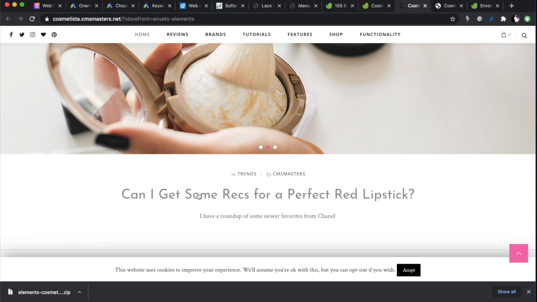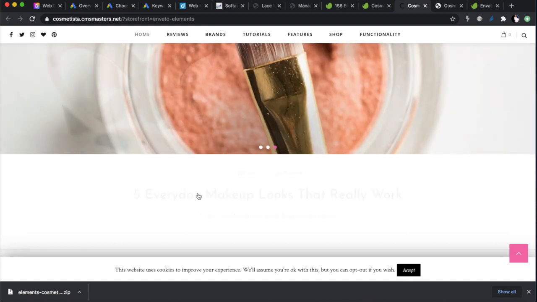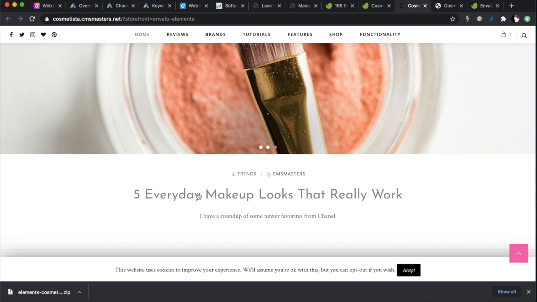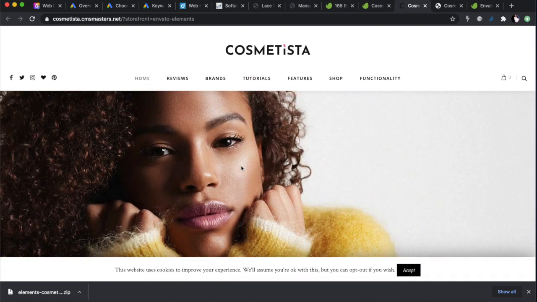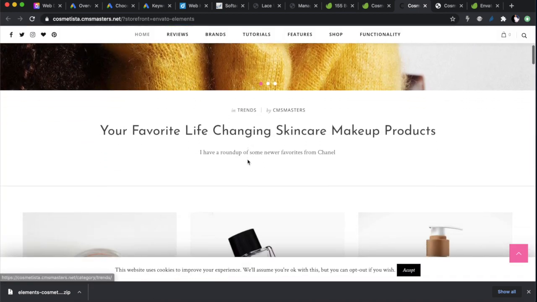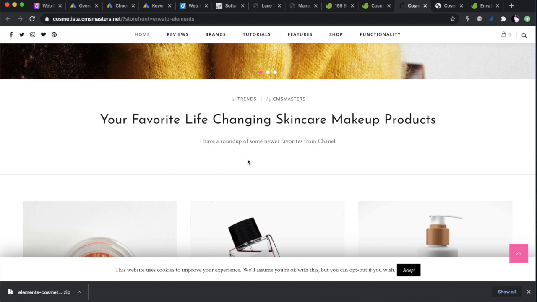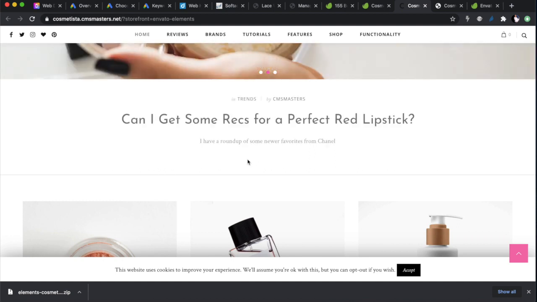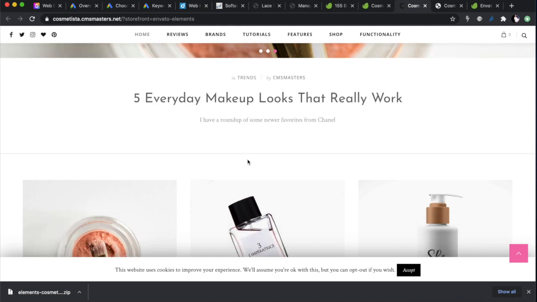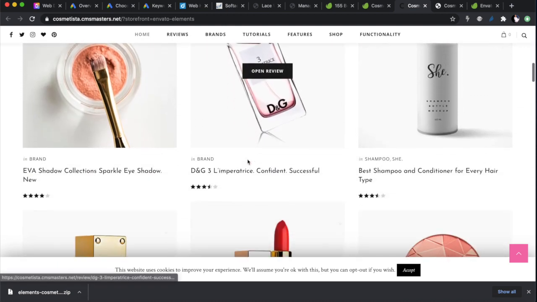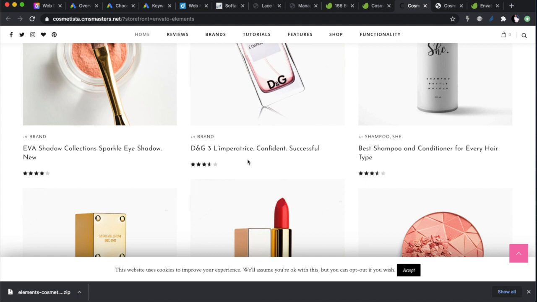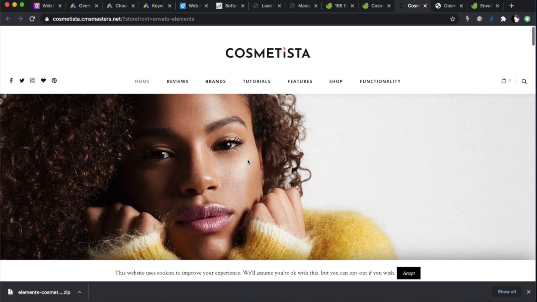A lot of people, and I actually used to use a lot of template kits, but template kits are additional work, and you have to download them. Some of them you have to pay for as well. So what CMS Masters does is they give you this theme, but they also have pre-built websites that you can work with, so you don't have to work with template kits. You can buy the theme and install their pre-built website so you don't have to design the details of what goes where. You buy it once, you import the pre-built website, you just do modifications, and it's the easiest way to work. So I'm going to go with this.